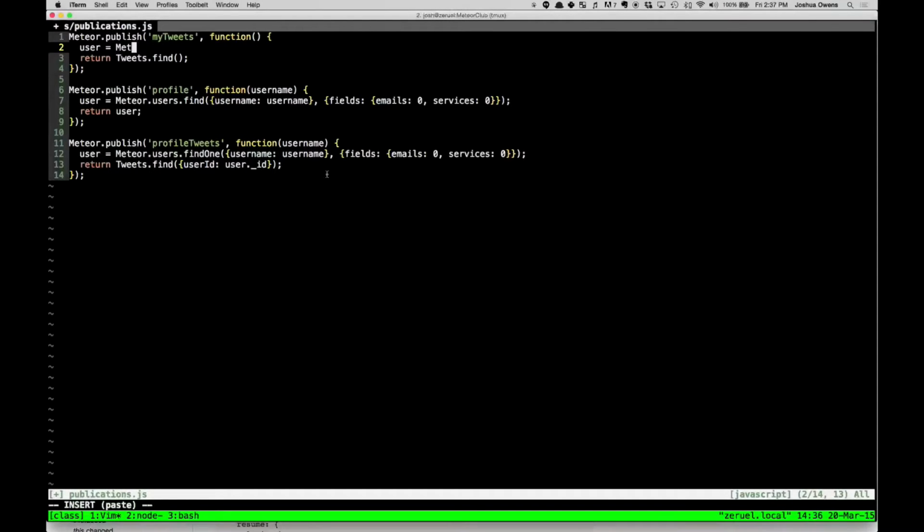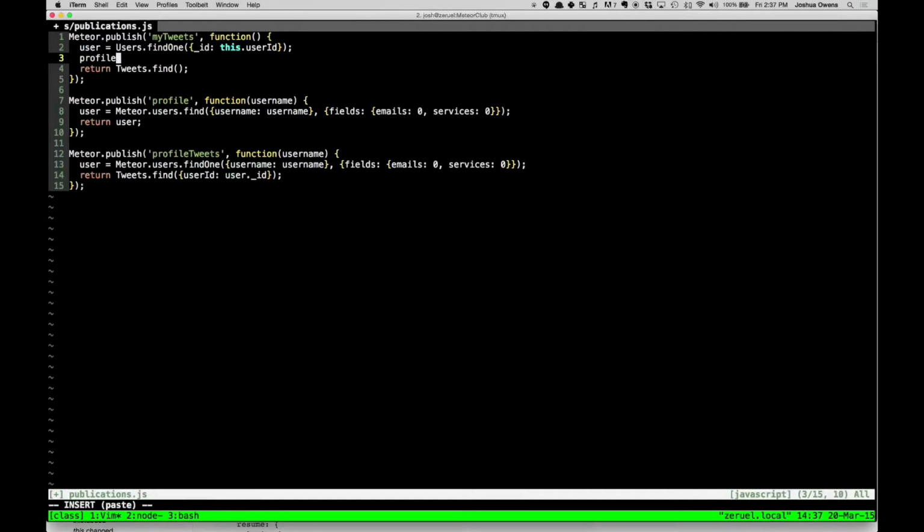But what we can do instead is just say Users.findOne, ID is this.userId. That's a special bit of context we get there that is set to the logged in user's user ID on the server. So we can use that. We'll find the user, and then what we need to do is